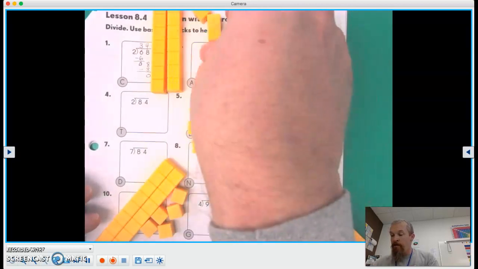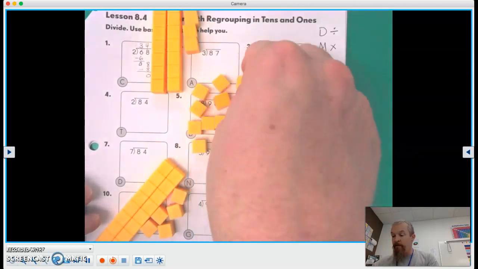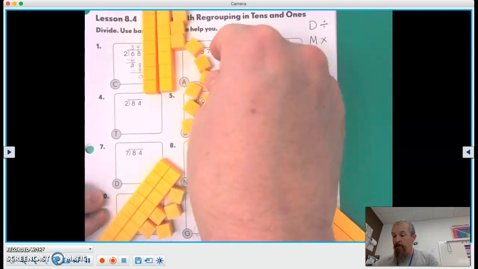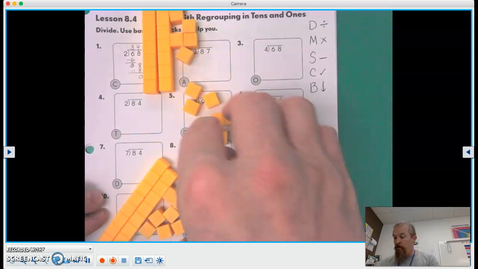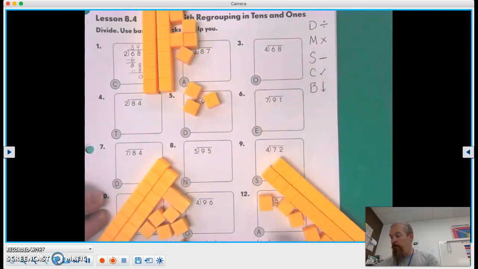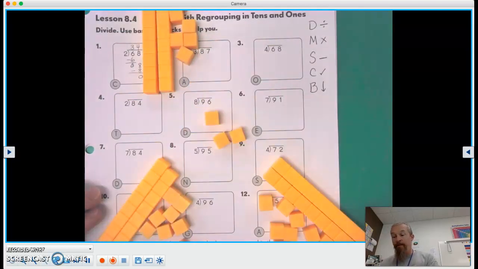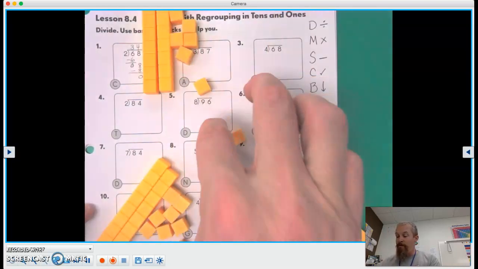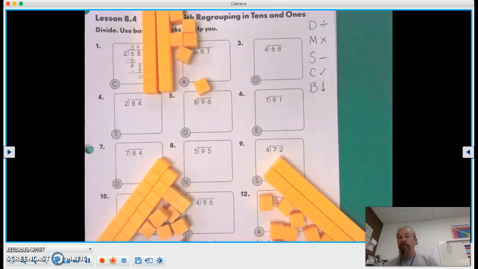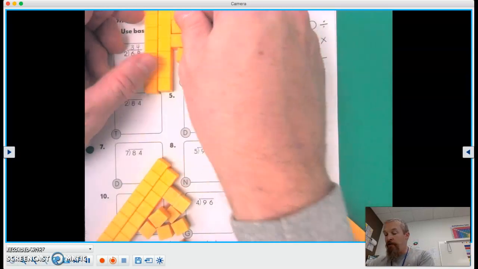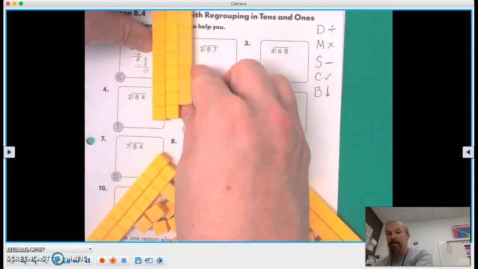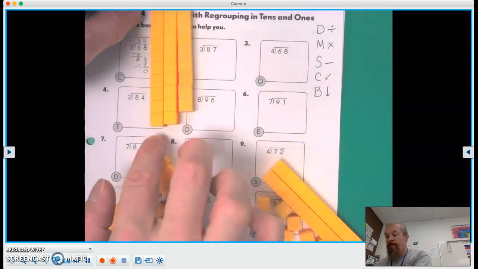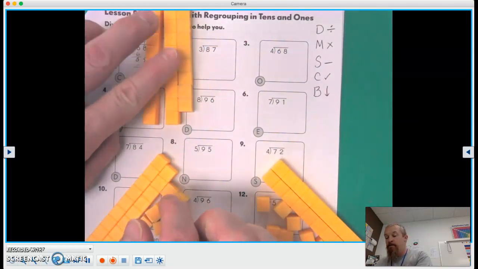Okay, and then let's pick a smaller number this time. How about 3? 1, 2, 3. 1, 2, 3. 1, 2, 3. I have 3 left. 1, 2, 3. So for each pile, I should have. Can you see what number that is right there? This one's the ones column, so I have 10, 20,